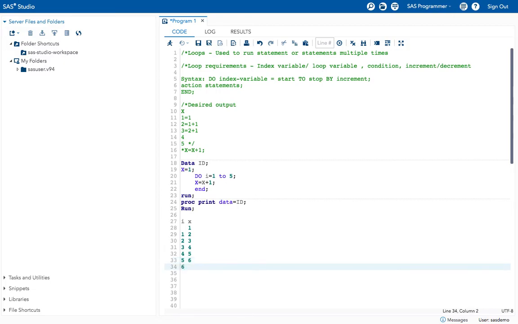When it comes to the sixth iteration the condition becomes false, because the condition is true only until 5. We have told SAS to do looping only for values 1 to 5, incrementing by 1, because we didn't mention any increment, so by default it increments by 1.